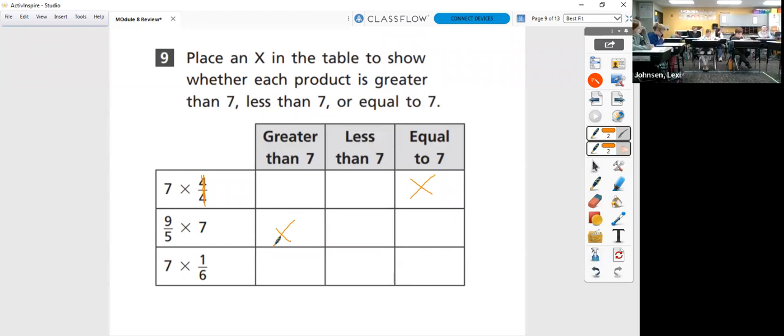And then last, I have 7 times 1/6. Is that going to be greater than, less than, or equal to 7? Jack? It would be greater. 7 times 1/6. We're comparing it to 7. Would that be greater than, less than, or equal to 7? It's going to be less than, because if I take a whole number and I multiply it by a fraction, the answer will be